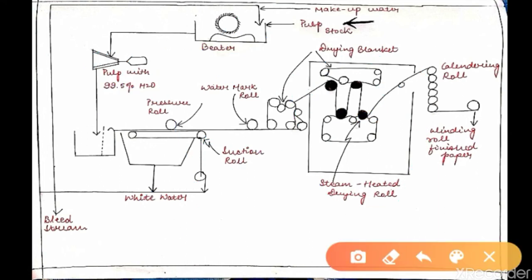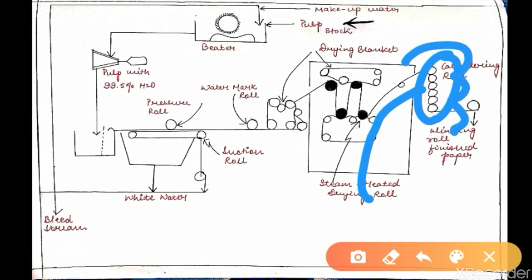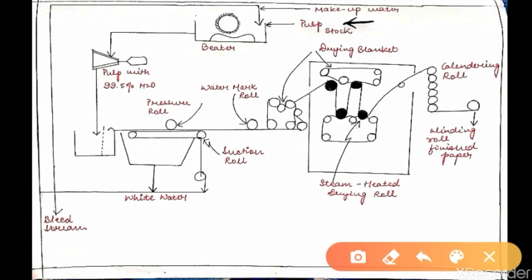And here we get a roll of paper, and it is passed through a series of calendering rolls for producing smooth paper. You can see this is your calendering roll. It is passed through a series of calendering rolls to get smooth and finished paper. And this finished paper is now ready to be made into notebooks or used in whatever we want, either newspaper, tissues, cartons, anything. So this paper is now ready for sale. So this is how your paper is made with the help of pulp.